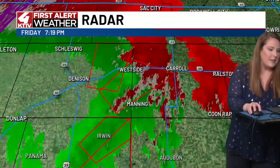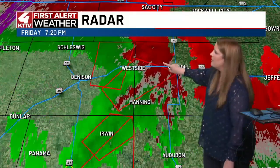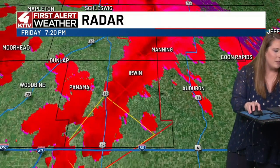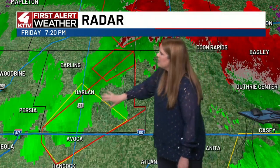Going down the line, we have another area of rotation here south of West Side. It's going to be moving off to the northeast to Highway 30 as well. So it's kind of working this way. And then we have more areas of rotation down to the south, depending on what radar you look at. Kind of hard to see, but I would say it doesn't look as interesting farther to the south, but the southern cell has probably the most